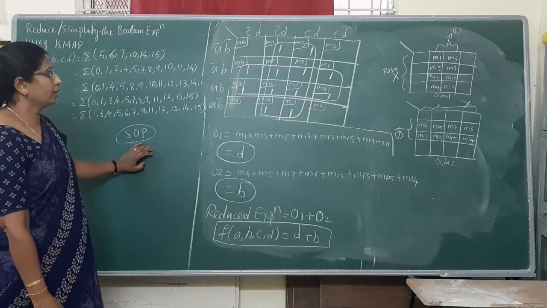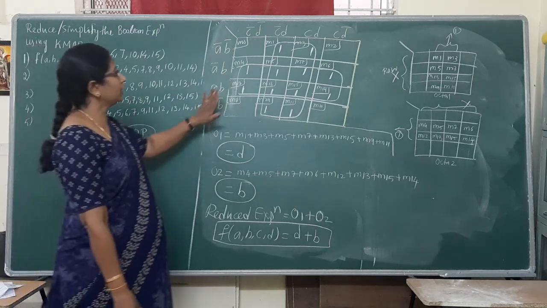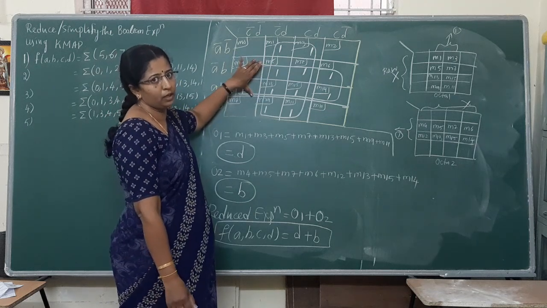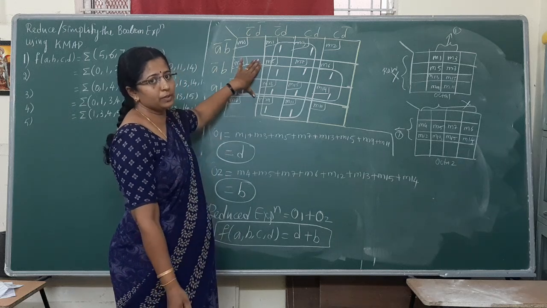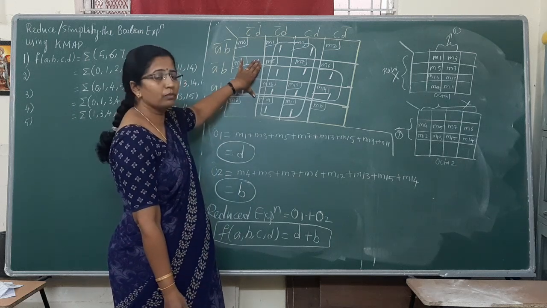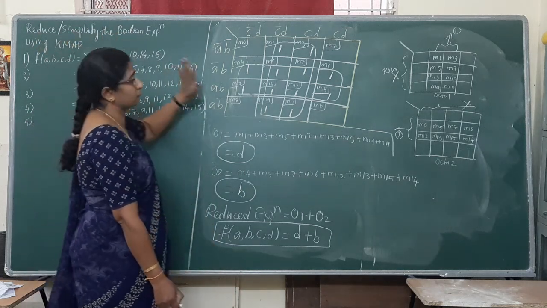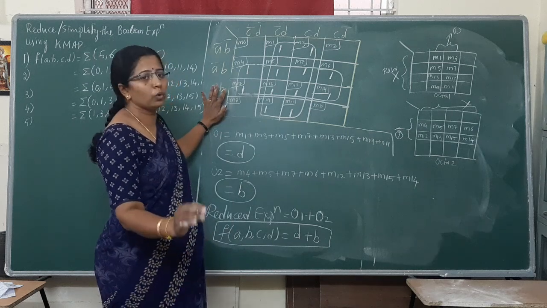Okay, follow the video. Watch the video twice or thrice. You will come to know why we need to go for the maximum grouping only. Maximum grouping gives you fewer variables in the reduced terms. Our main concentration is to reduce the expression. Always go for the highest grouping rather than the lowest grouping.